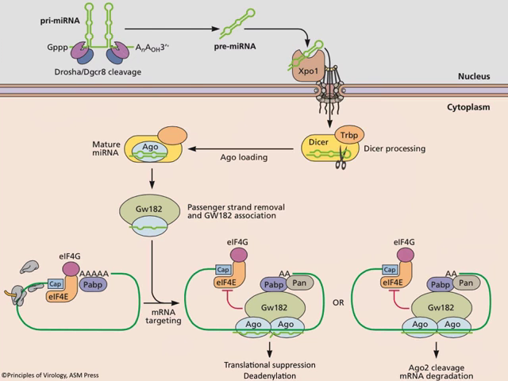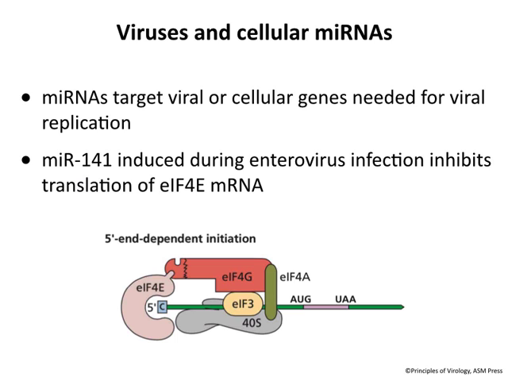What's the role in virus infection? So there are certainly microRNAs in the cell that target cellular genes that are needed for viral replication. There's a number of examples where a virus requires a certain cellular gene, and the cell can respond by turning it off using a microRNA-mediated mechanism so the virus cannot replicate. Viruses also have microRNAs within their genomes that regulate their own replication as well.